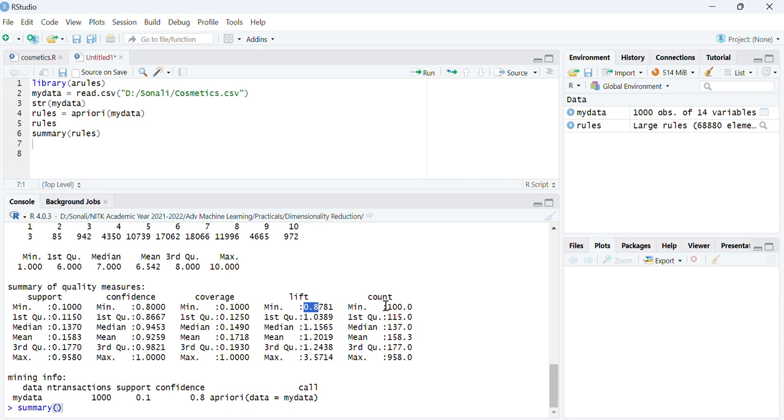Count is what is given: median count, mean count, that is the number of times the product is appearing. So minimum 100 times the products are appearing, not less than that, and a maximum of 958 times any product is appearing, right? So if you want to inspect the rules, now I am very scared of writing this, because inspection of